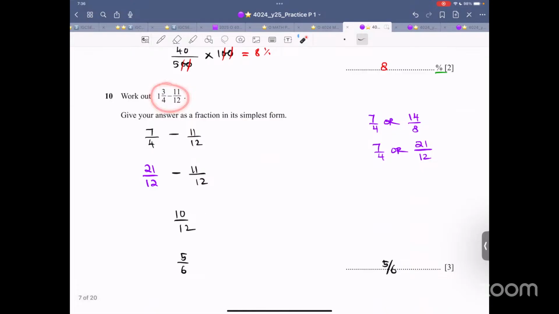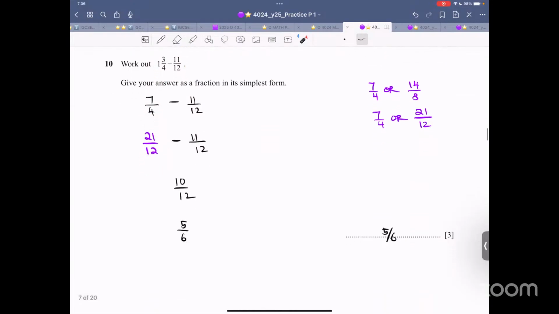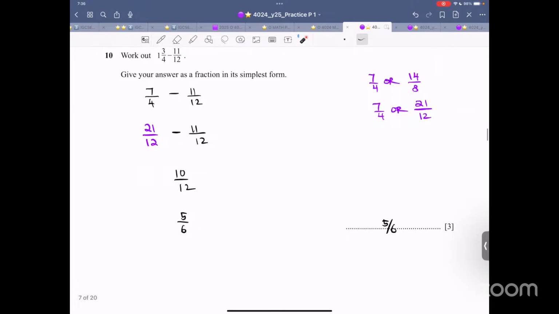And then some basic profit and loss, basic fractions, work out everything. Just look at the working. You have to show everything. Sometimes you can deal with LCM. Sometimes I converted 7/4, multiply by 3, multiply by 3. I convert it into what? I convert it into equivalent fractions. So that is the thing that I did. So now over here,